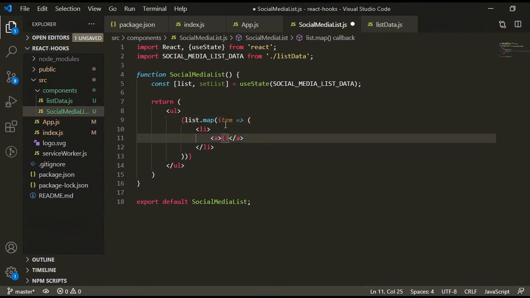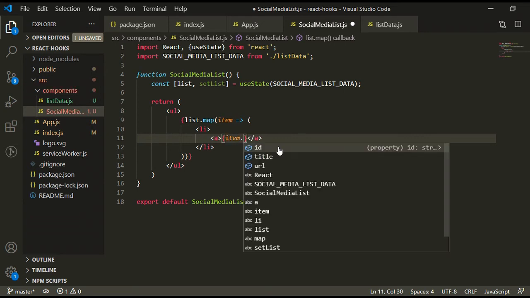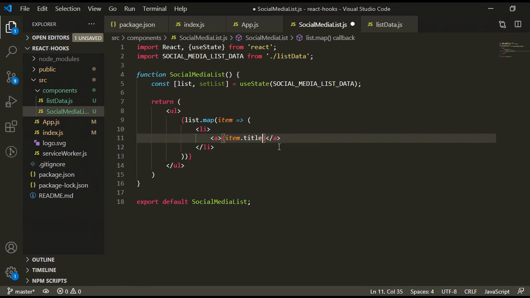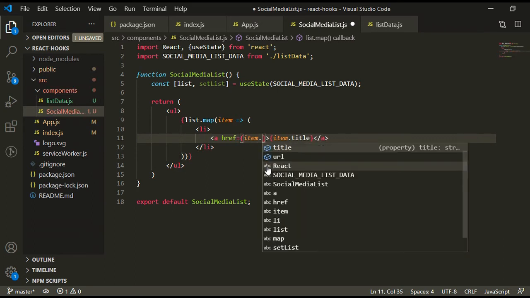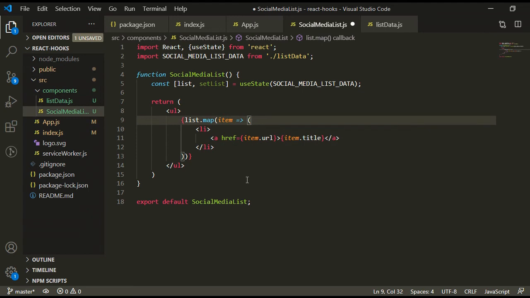First I will get the first object, then we will use item.title to show the heading, and the URL here in href, and item.url. Because we are iterating the items, we have to use the key.